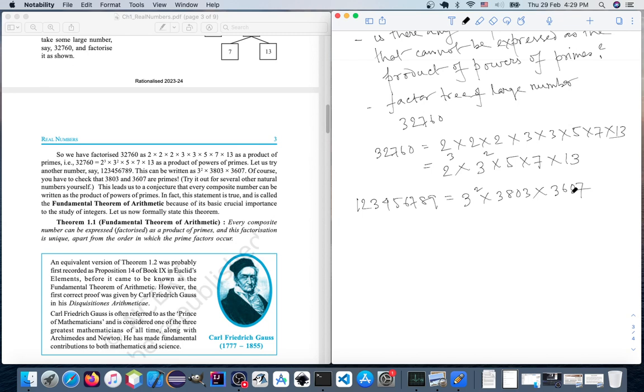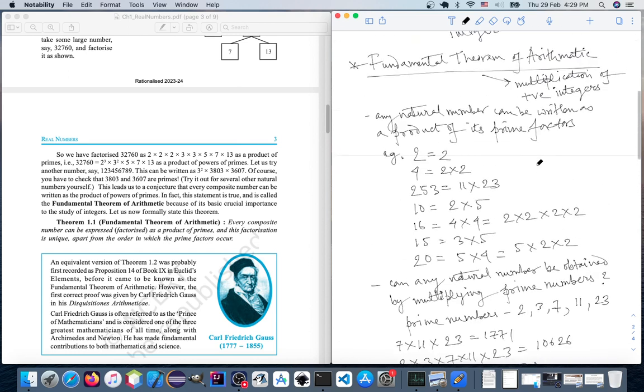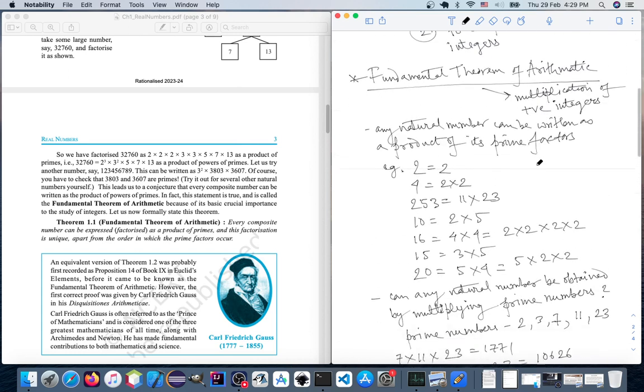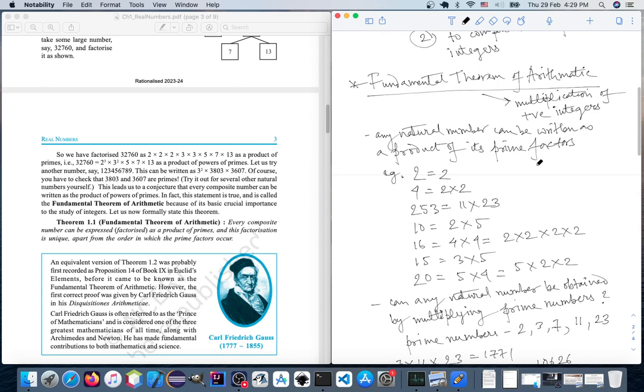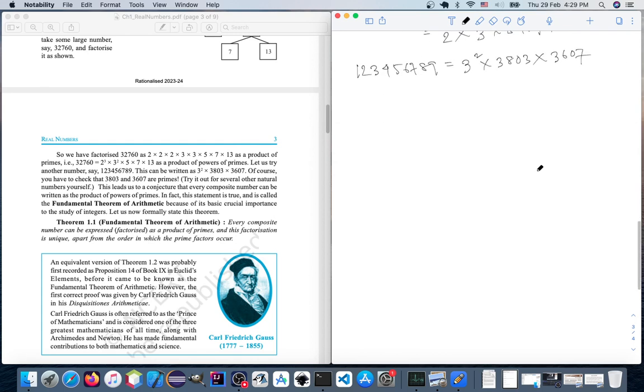This leads us to a conjecture that every composite number can be written as a product of powers of primes. In fact, this statement is true and is called the fundamental theorem of arithmetic because of its basic crucial importance to the study of integers. Let us now formally state this theorem. So far, we have not formally stated what the fundamental theorem of arithmetic is. We were just jotting down the points and the concepts given so far from the textbook. Now let's formally write down the